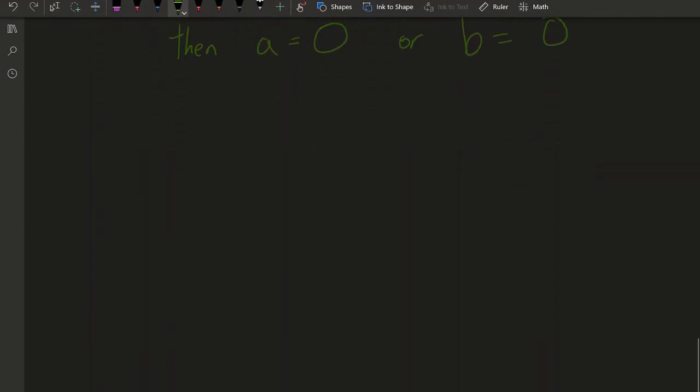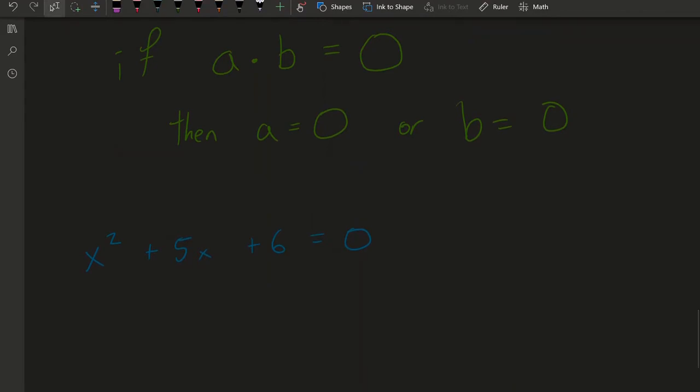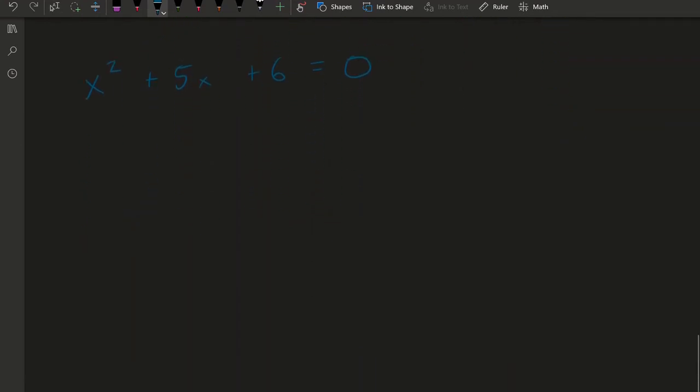So let's go back to our problem. X squared plus 5x plus 6 is equal to 0. Now, the zero product property says if I have two numbers multiplied together and they equal 0. Well, our problem is not two numbers multiplied together. But using the knowledge of factoring that we have, I can change it into 2. So I can go ahead and